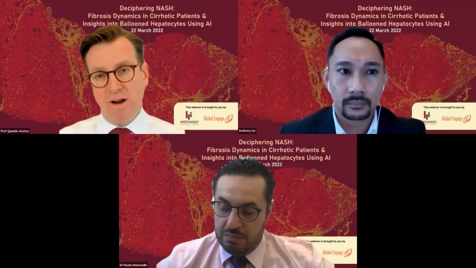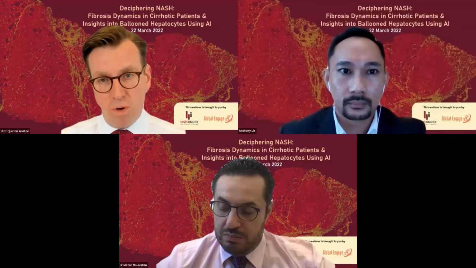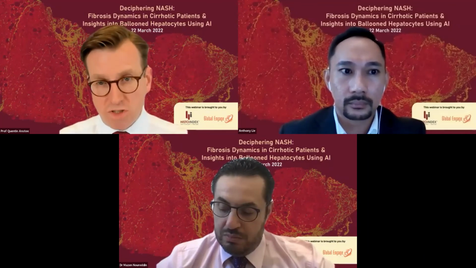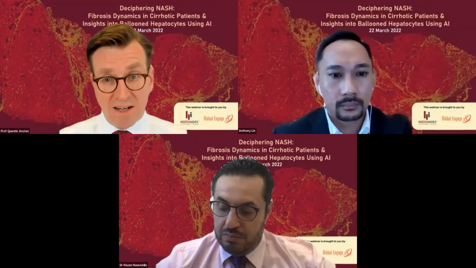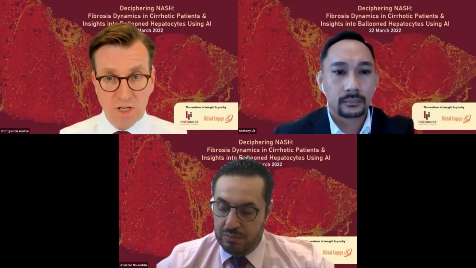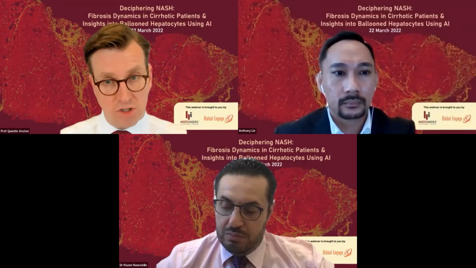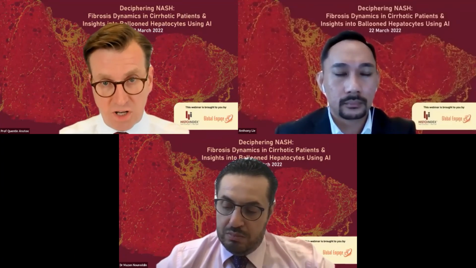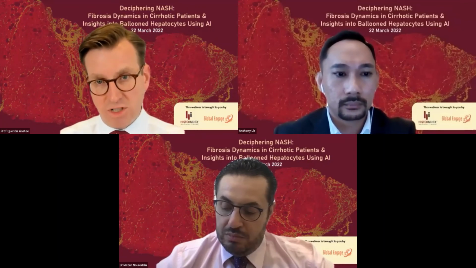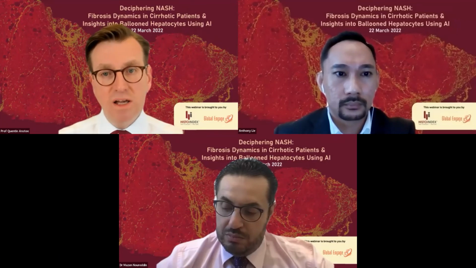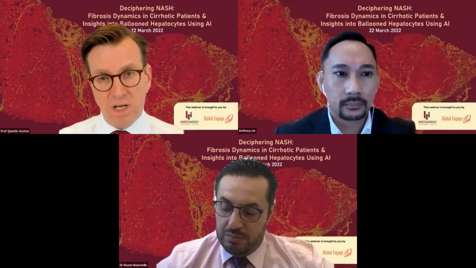And I think that's where AI comes in, because it provides a quantitative and reproducible measure that can then be used to standardize patient enrollment, not subject to inter or intra-observer variation at the start of the study, and also standardize that assessment of therapeutic response later on. And I think that would be a very helpful thing in removing some of that variation that we know impacts on clinical trials.